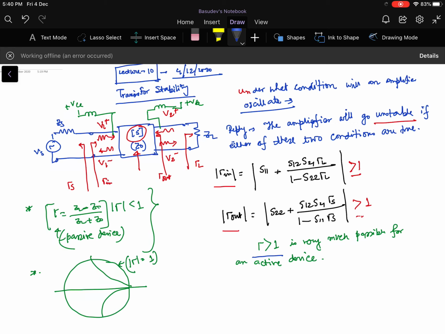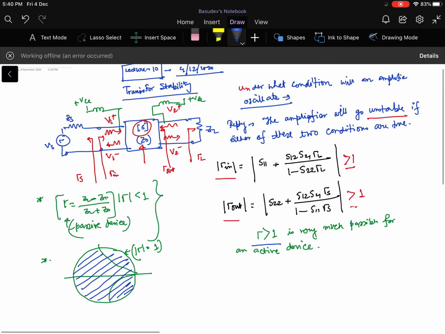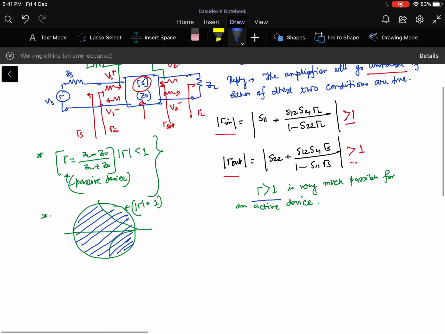because this entire thing was mod tau less than or equal to 1, and the region which you are getting here is all passive, positive real load. So then tau greater than 1, corresponding to that, where will the impedances, resistances lie? Actually you would be surprised to know, or you can intuitively think, that this tau greater than 1 is actually the region where the reflection coefficient is greater than 1, which means that impedances Z in and Z out could have real components that have negative value.